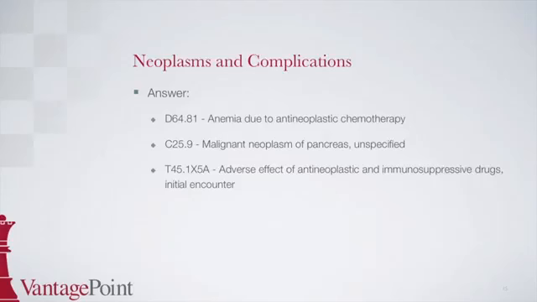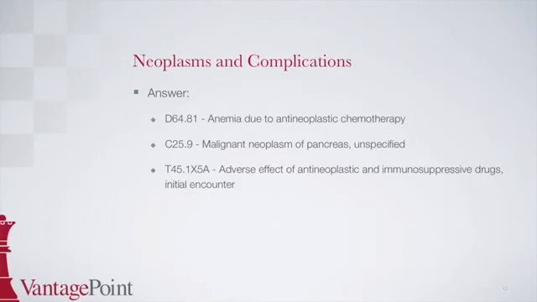This was a little tricky because if you try to look up chemotherapy in the table, there is no listing. Therefore, you have to go to anti-neoplastic and then look across to your right to the column for adverse effect, which gives you a code of T45.1X5. When you confirm this code in the tabular index, you'll notice that a 7th character is required, and our